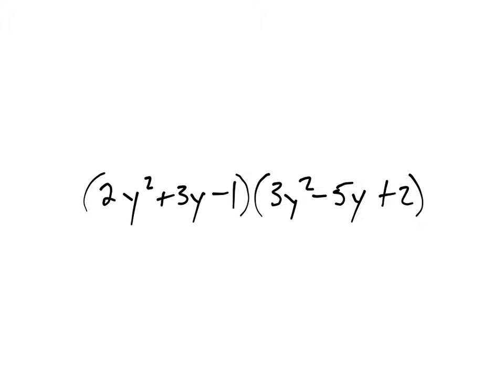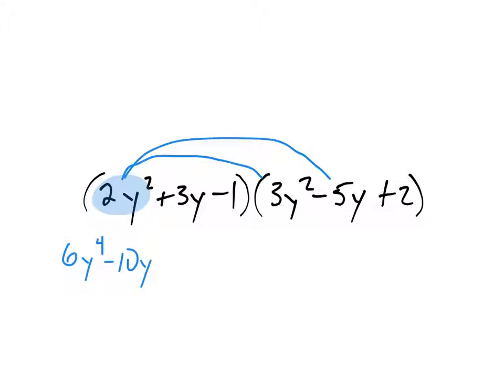done. Right? So the first thing that I will do is start with that 2y to the second and multiply that through. And so I'll have 2y times 3y squared to get 6y to the fourth. Then we'll do 2y squared times negative 5y to get negative 10y to the third. 2y squared times 2 will give me 4y squared. We take the middle term,